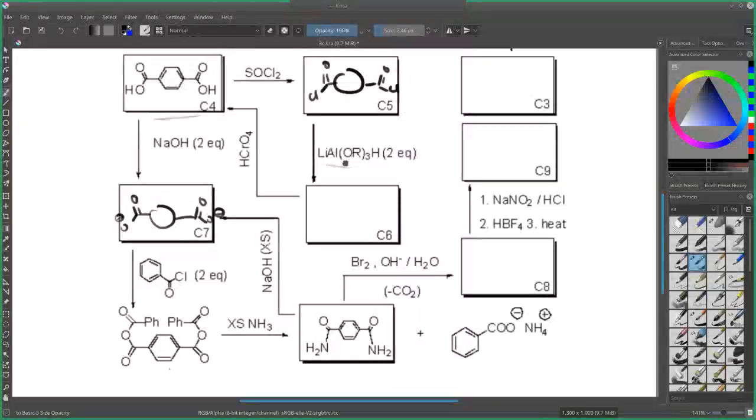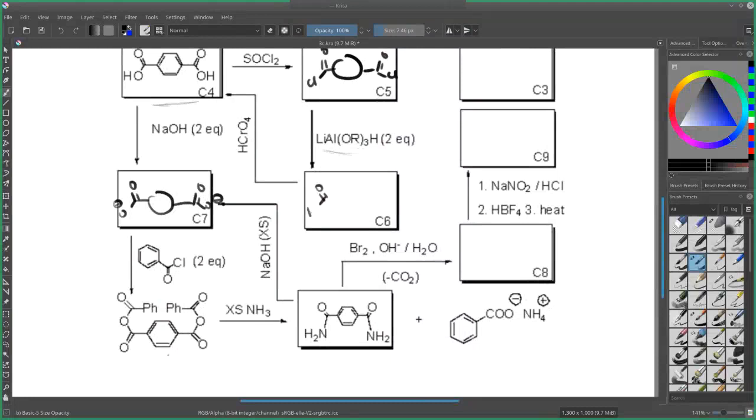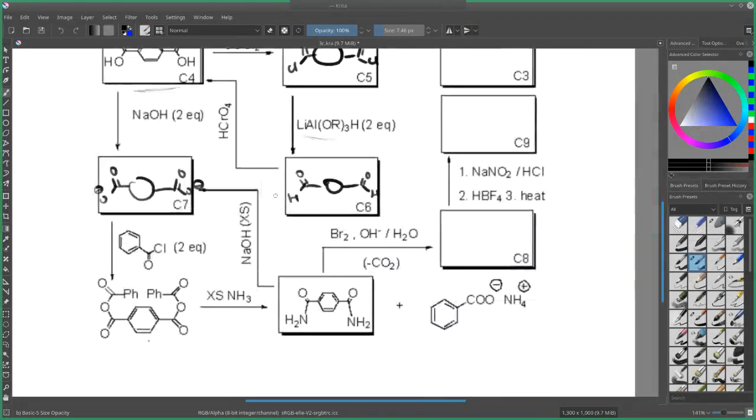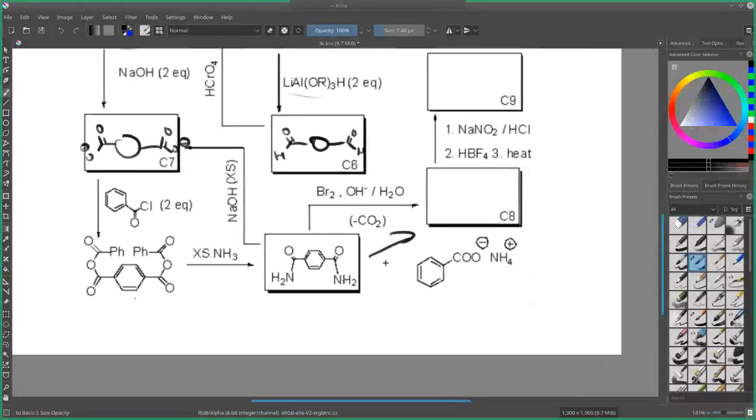Aldehydes. Yeah, there we go. Okay, so here it's two aldehydes. Oh, and it just goes back over to here. All right, cool. So we're going to have to go this way now. So here we have these two amides. Okay. And we add a halogen